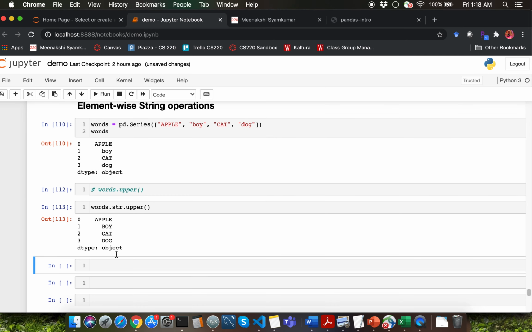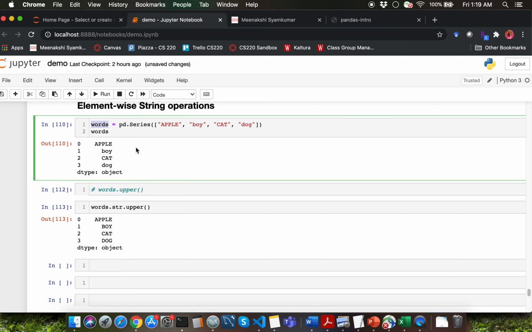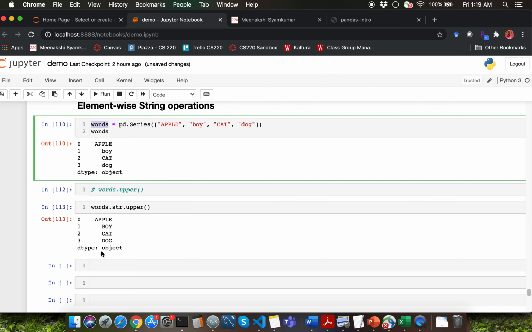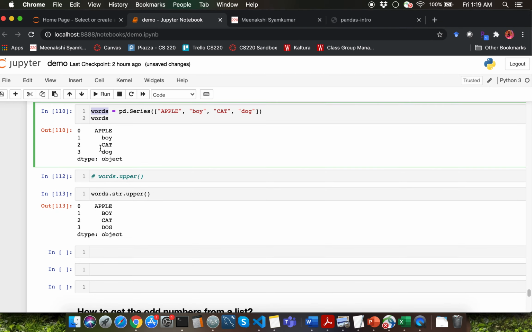Let's say that I want to perform some Boolean indexing in my original series words here, and I want to extract all the strings which only have all caps letter casing here. So I showed you how you can convert an entire series into all upper cases, and we also have the original series variable which is words here. How can you put both of these together? By combining both of those using a comparison operator. Recall that you can just use a double equal to operator to compare two different objects.